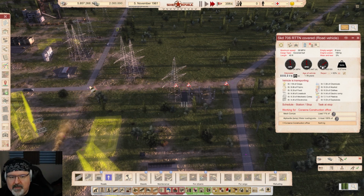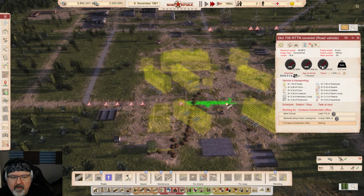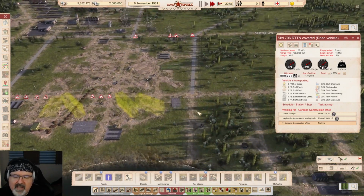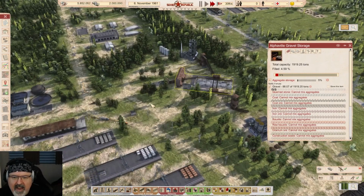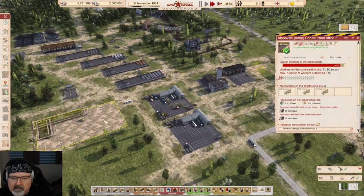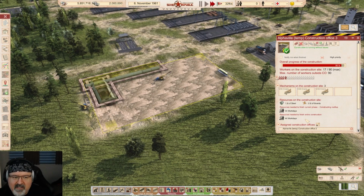You got to drag it like this, by the way. So that one's done. And then I'm going to do this one too, at the same time, because that one's already done. Like that. I'm going to let that go. It's a lot of gravel, I know that, but we're shipping a lot more gravel in with our 88 tons there. Hopefully that works. This one here, all it needs is work days, and there's 18 workers, which I'm not